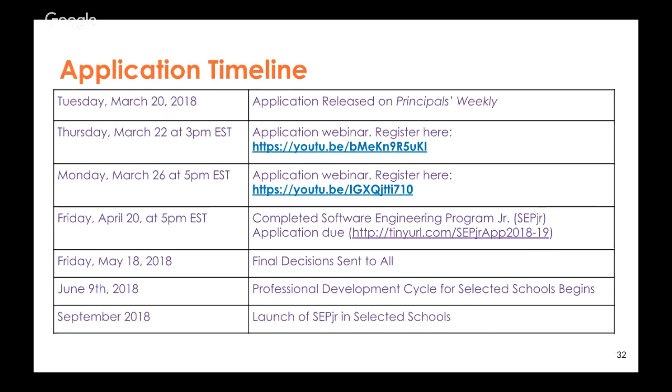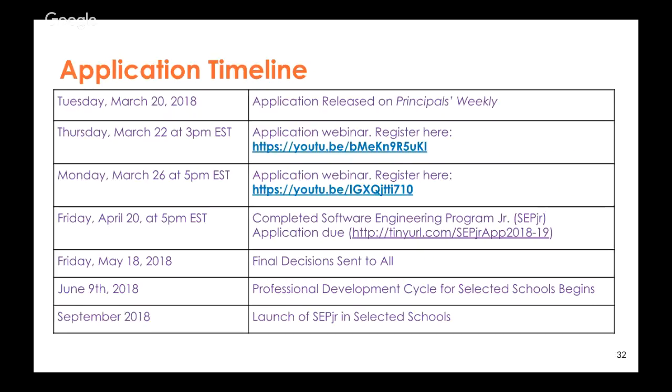The application due date is April 20th, 5 p.m. Eastern Standard Time. So end of business day, Friday, April 20th. There is the link to the application itself. The first thing in that application asks you, have you read the overview? And there's a link right there. If you click no, that's already telling us that you're going to struggle with an understanding of what our expectations are. Read that overview. It's only a couple pages long.